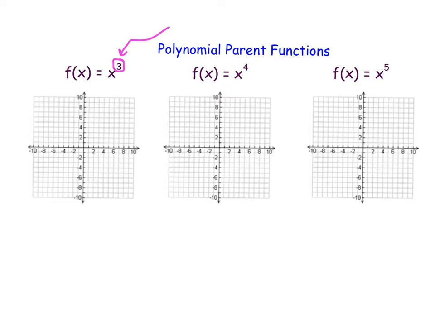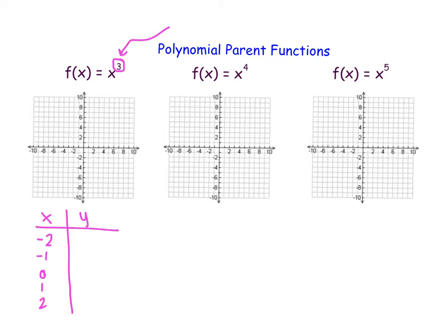Now, in order to be successful with these, you do need to know how to generate a parent graph. So what I like to do is just write down a table with a couple of key values in it so that I kind of know what I'm going to be transforming later on. So again, these are the parent functions, and we're going to be transforming them. Now, in order to create an accurate graph of x to the power of 3, I'm just going to select values